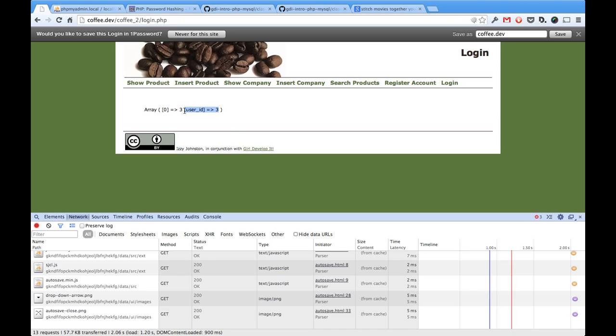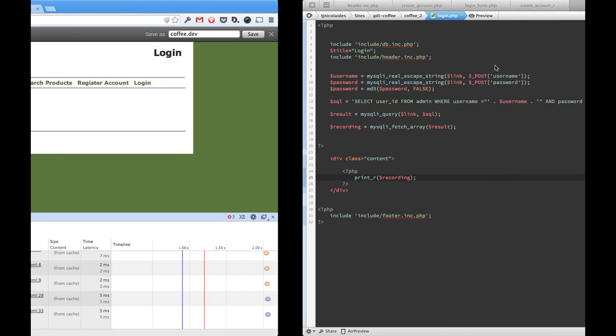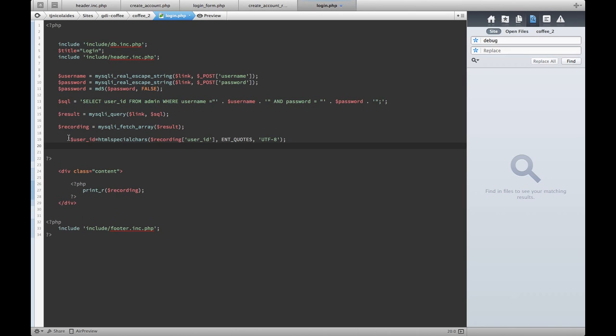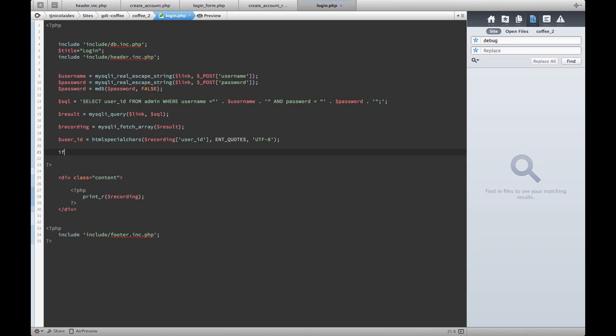We're basically just saying if user ID has a value here, then we can continue and do a couple things to start our session. Okay, so here's our user ID. All right, and basically what we're saying is if user ID is 0,